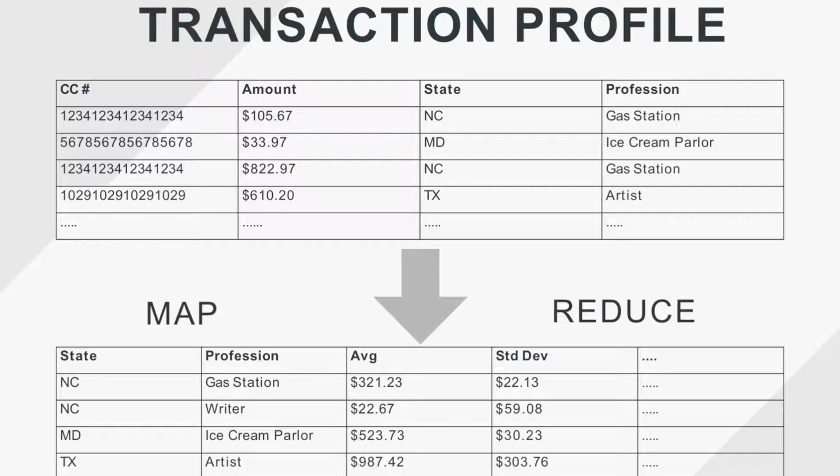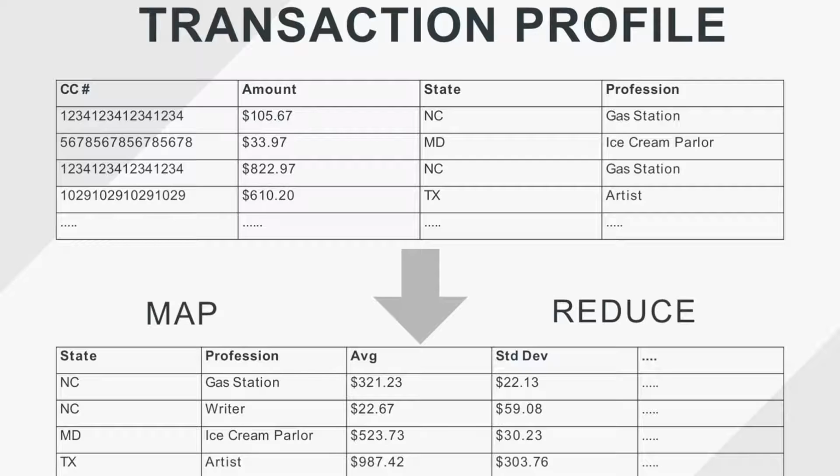We might have bank account types. There's some withdrawals, some deposits, all of this information. And we're going to sit down with our experts, our fraud experts, and try to build a profile. The profiles we'll end up building are going to be for geographic location and profession, so maybe state in the United States or zip code. So we'll try to build what the profile looks like for a customer that is a gas station owner